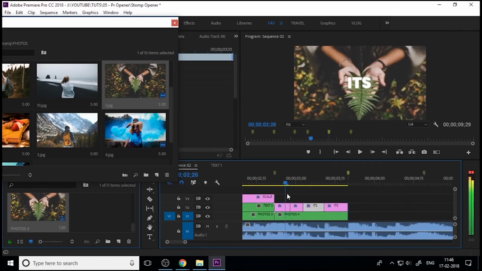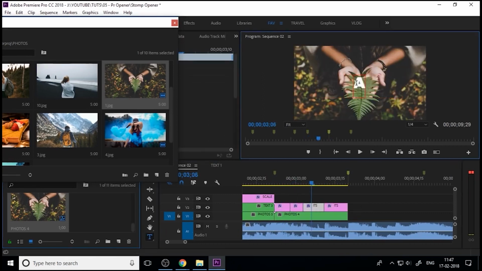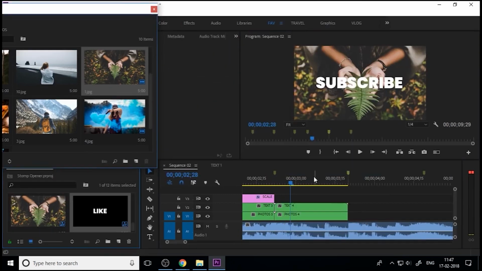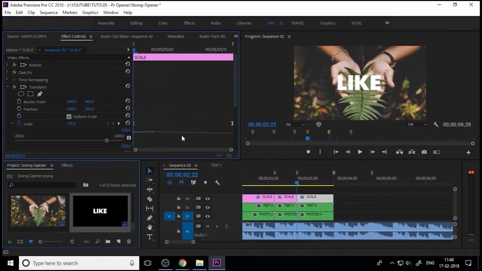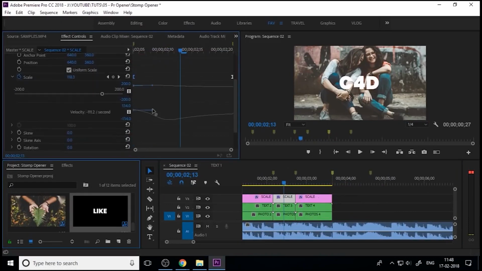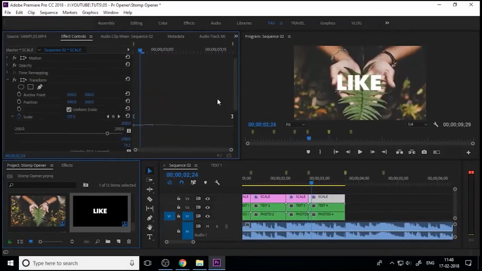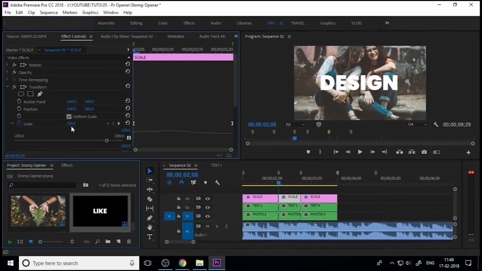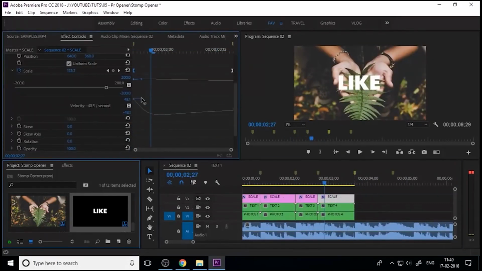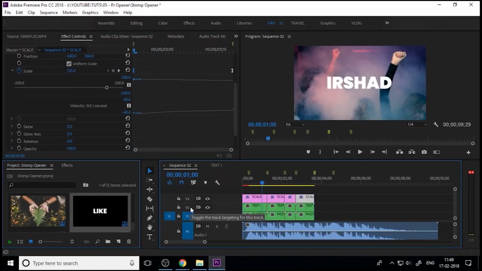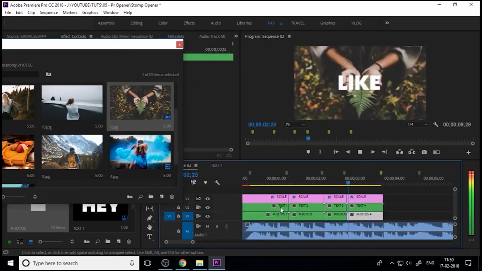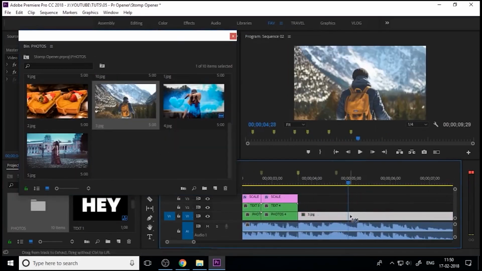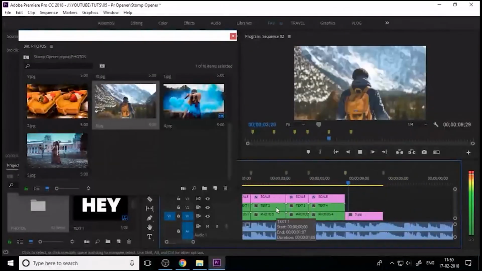Okay, I just speed up my process because I think you don't need to waste your time. I just control the scale. Put this again, and finally I just import